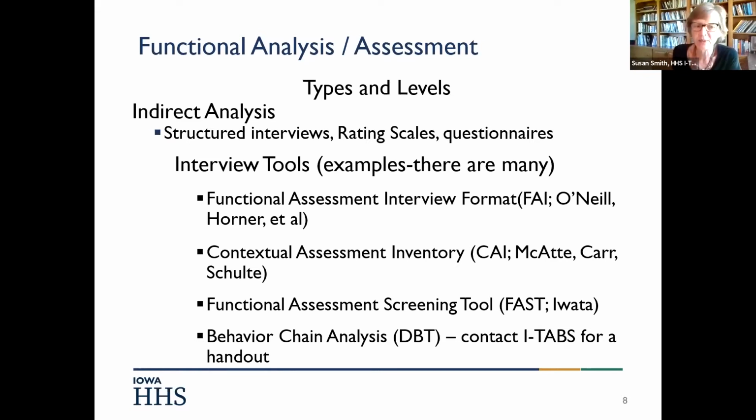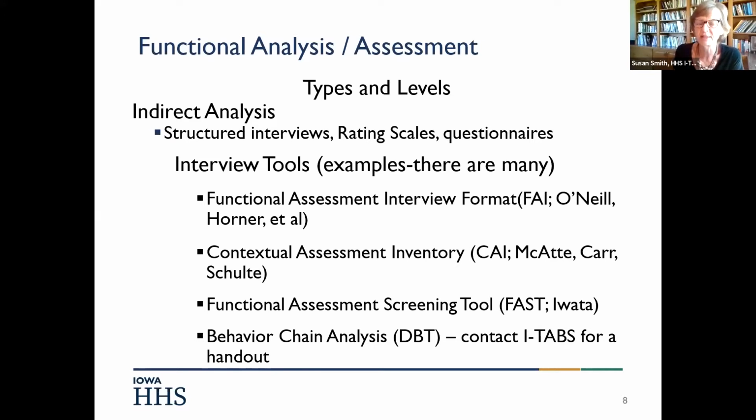The last one, behavior chain analysis, is something that's often used in a therapy setting. It's a little bit different from those first three, in that with the first three we're often going to have a staff or a parent, someone who knows the person well, providing information. The behavior chain analysis is more developed for people who have language, and the individual themselves would be